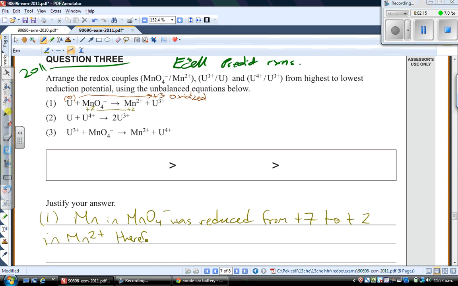therefore having the higher reduction potential. And remember, in redox chemistry, the symbol for reduction potential is E0, and that's measured in volts. Okay, so